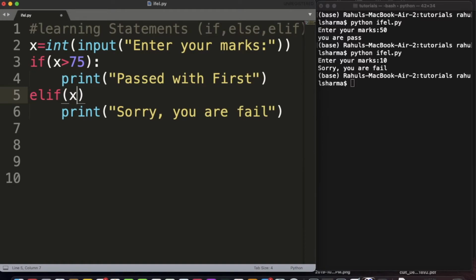x is less than 75, and so I'm using the AND operator here: x is less than 75 but x is greater than 50.